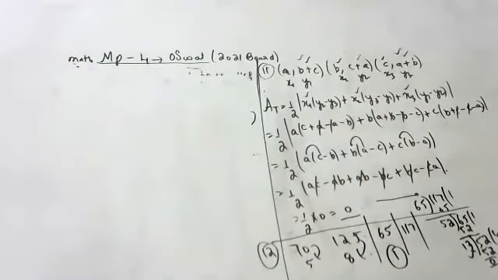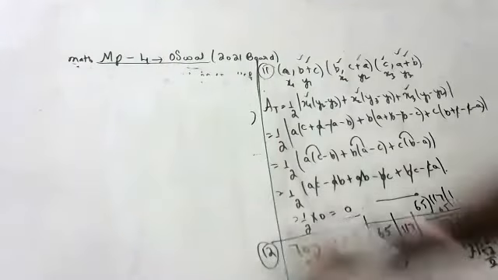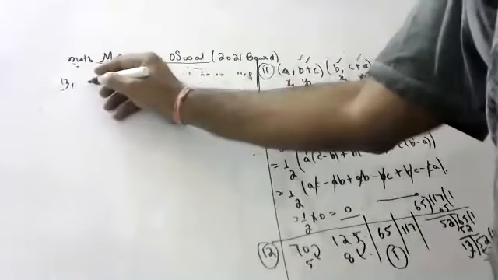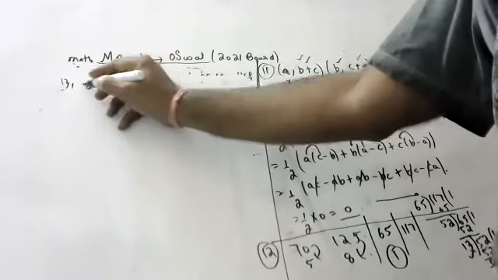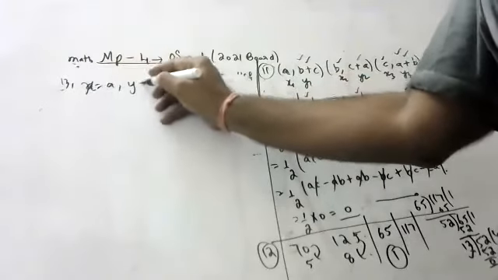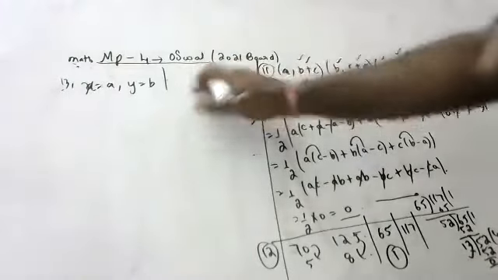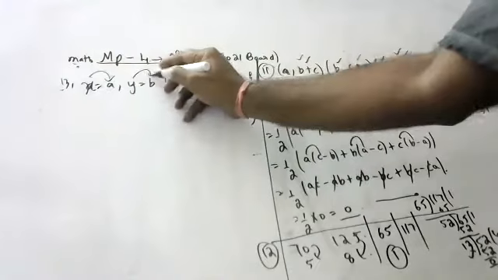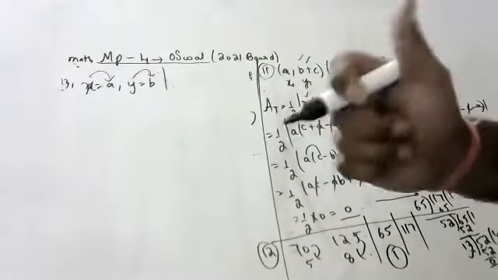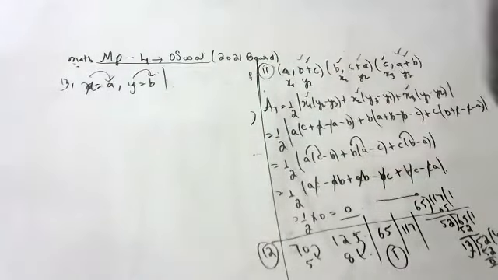Next question. A pair of equations graphically represents which lines? Children, they have given like this: x is equal to A and y is equal to B. Okay, children, graphically represents lines which are, children, x is equal to A, y is equal to B. They represent what, children? Graphically represents lines which are parallel to.